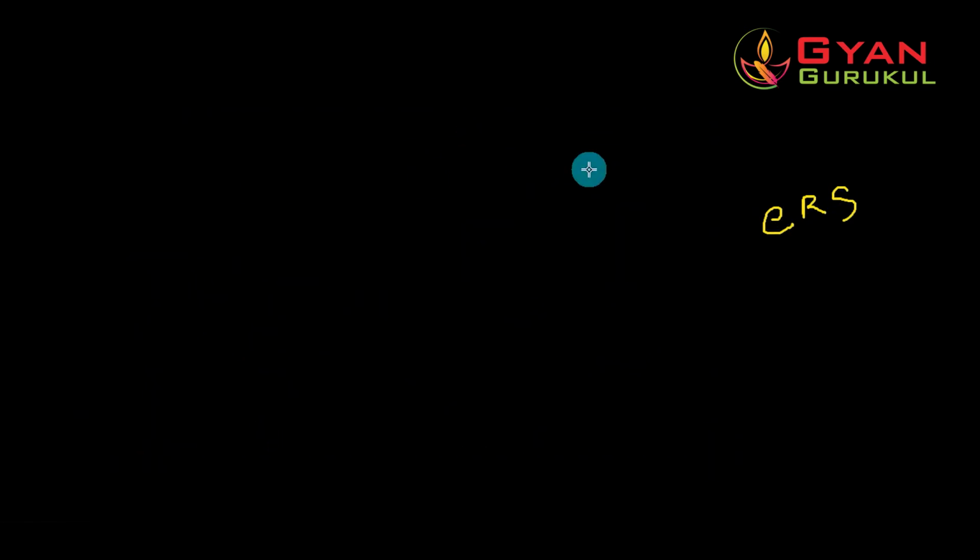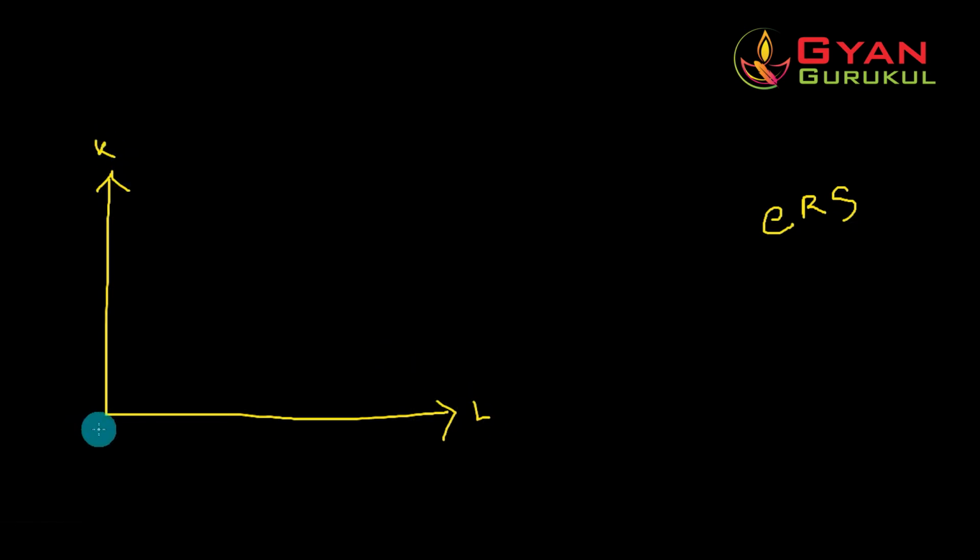Now let's see increasing returns to scale. Let me move this down. Capital, labor. Naming the axes is very important, you should name them right. So let's see now. Take the previous example. Say it was using 2 units of labor and 2 units of capital, and it was on this isoquant here.